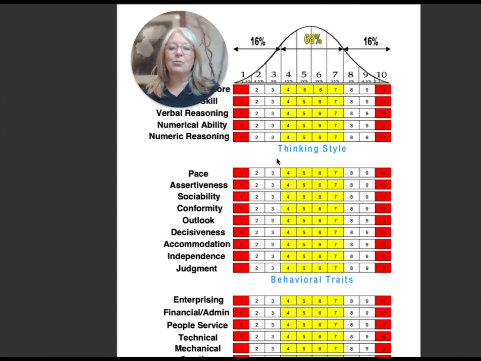1s, 2s, and 3s like to have 1, 2, or 3 things going on in their life at one time. 8s, 9s, and 10s want to have 8, 9, or 10 things going on in their lives at one time. 8s, 9s, and 10s get energy from having lots going on, from being able to jump from one project to the next. They can innovate because they can think about something different while they've got 10 other things going on.